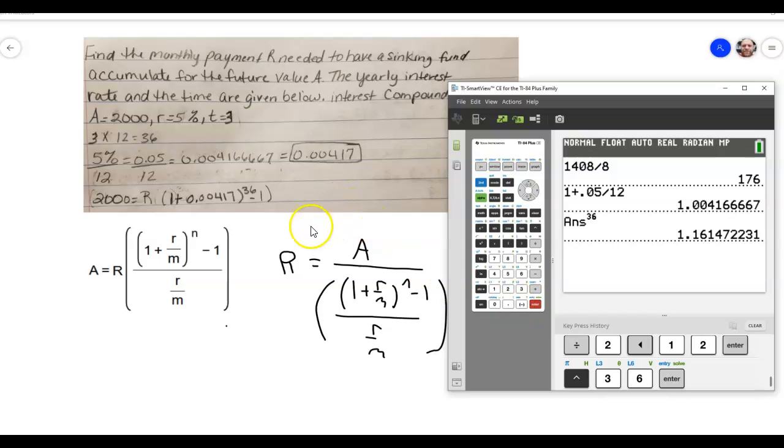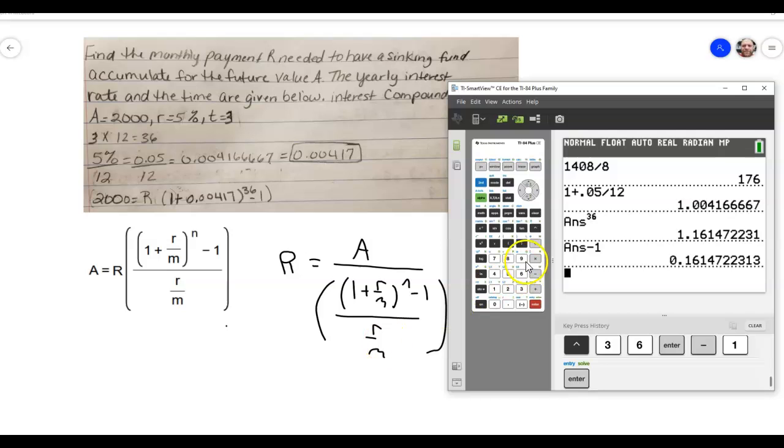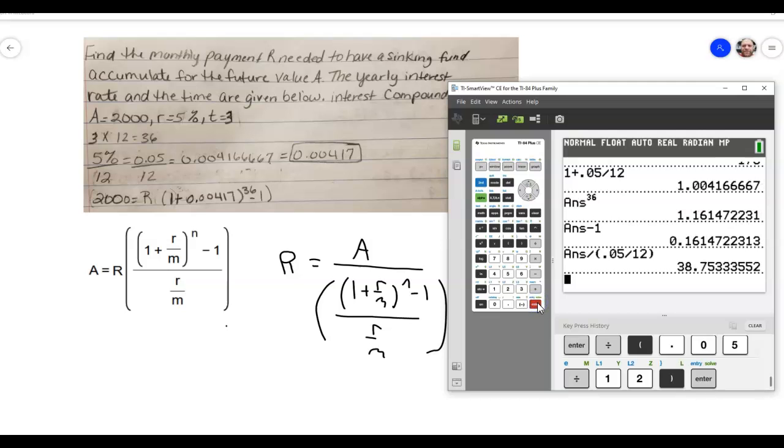And enter. And then we can subtract that 1 there. So minus the 1. Enter. And then we can divide that by the R over M. So divided by, and I'm going to put this in parentheses to make sure it does it by the entire fraction. So 0.05 divided by 12. Enter. And now I want to divide this 2,000 by that amount that I got on the bottom there. So I'm going to take the 2,000 and I'm going to divide it by, and I can either type in this whole number here again, or in my calculator I can do second enter, which is entry, and that will,